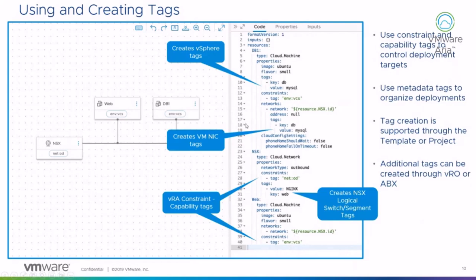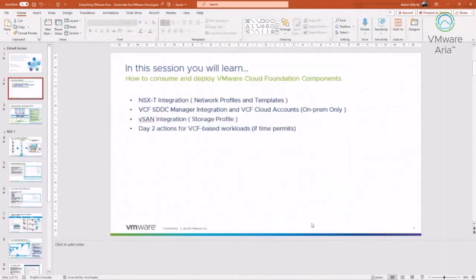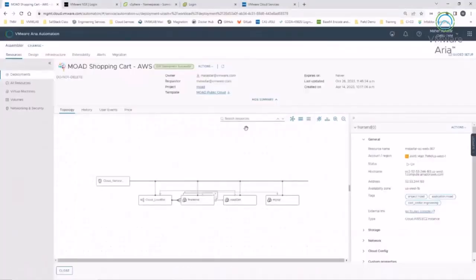So this is how tag creation is supported through the templates, and it can also be used at the project level. And if you do want to create additional tags that we don't support out of the box, for example on certain objects, you can always create them through Orchestrator workflows or action-based extensibility. I think this is my last slide before I go into the demo. I'm just going to put the agenda here handy so it can keep us on track, and I'm going to switch into